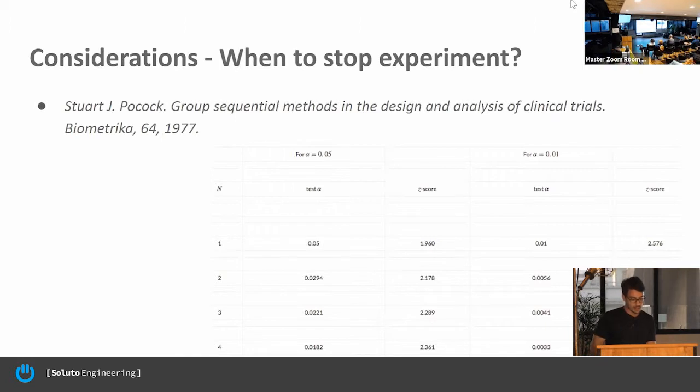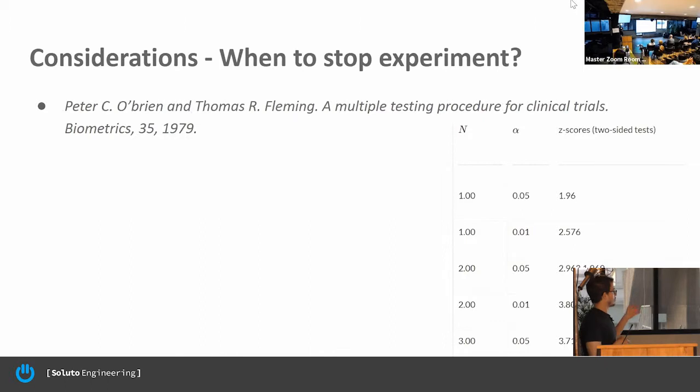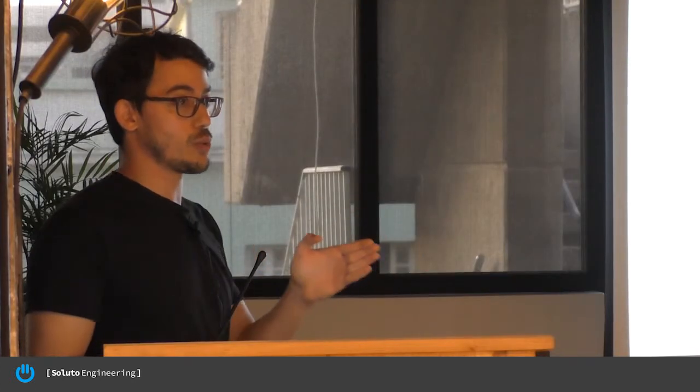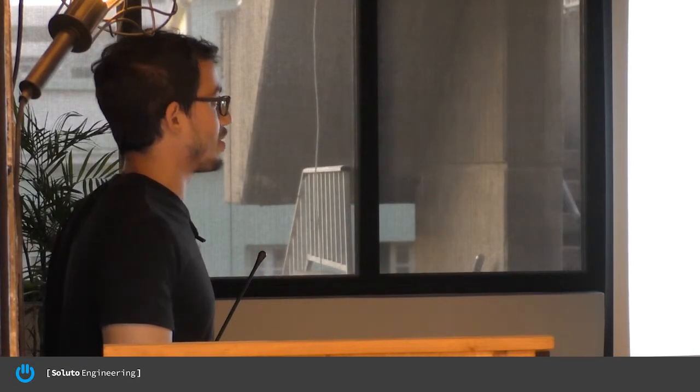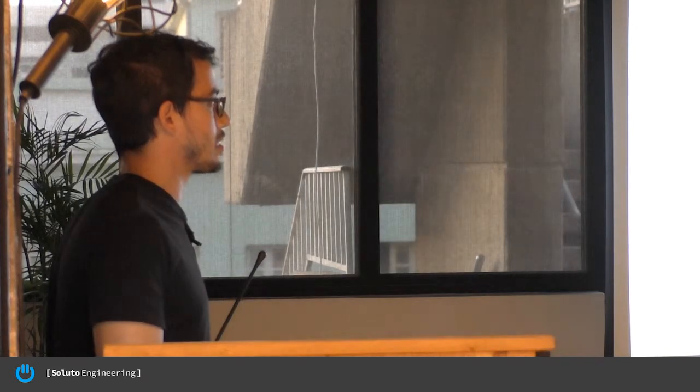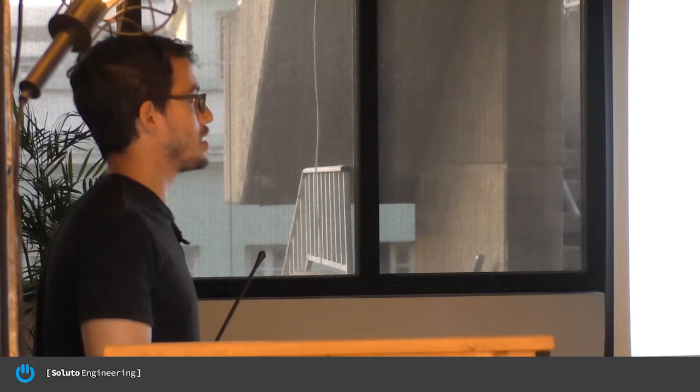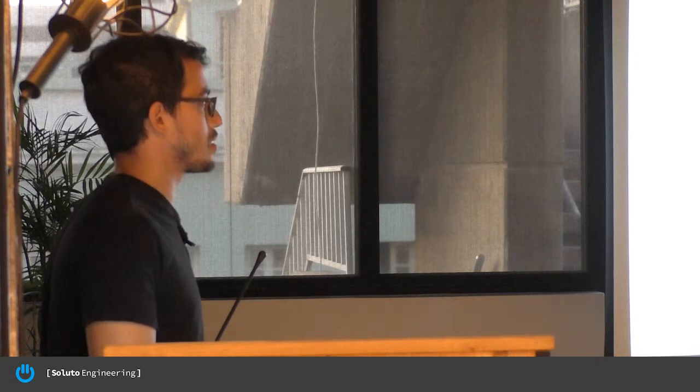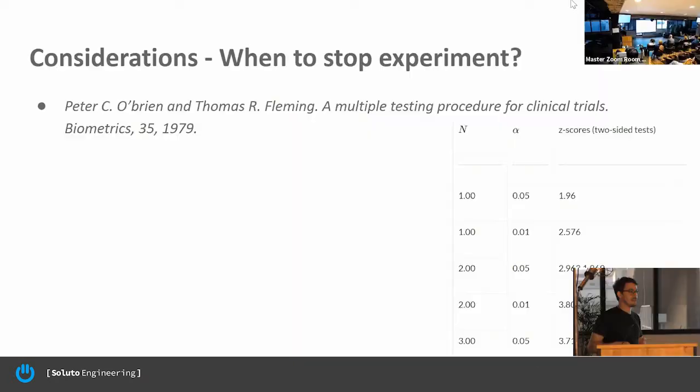Another way, which is kind of the same, is let's say again we want to run the statistical test 3 times with a 0.05 p-value. Then this method says we can just change the p-values we ask for over time. So the first time we look at this Z score, the second run we look at this Z score, and the third time we look at this Z score. So it's sort of the same, setting ahead the p-values you're testing for and fixing the number of times you want to run the statistical test.